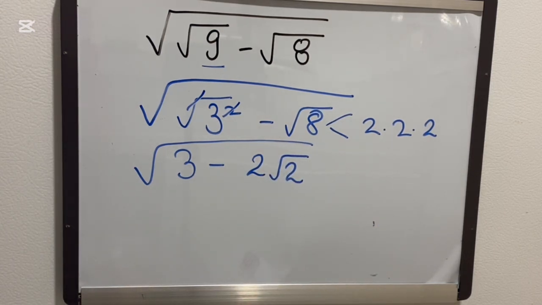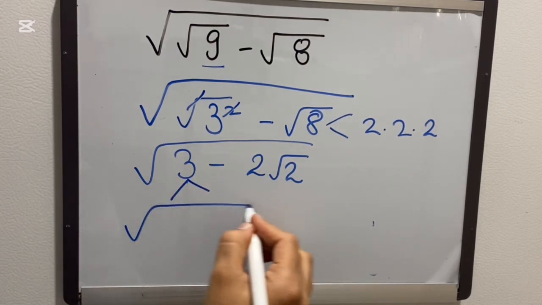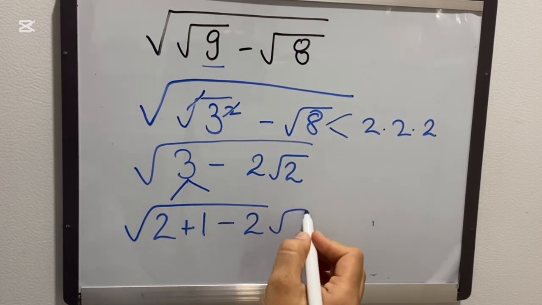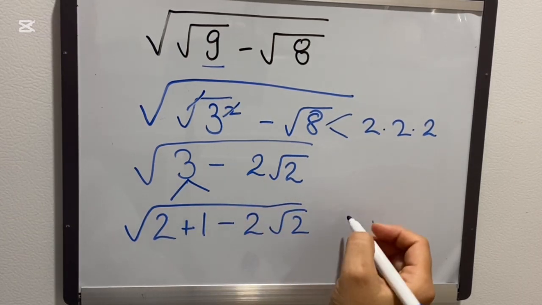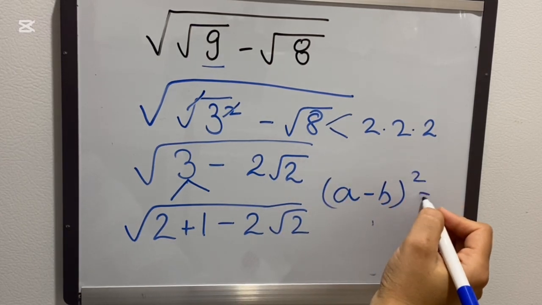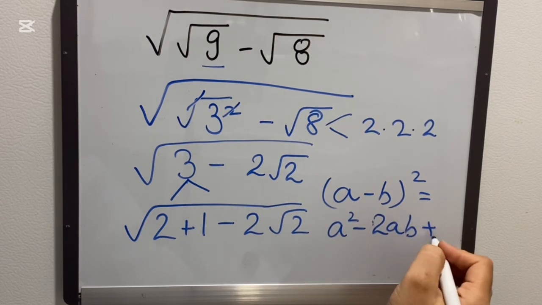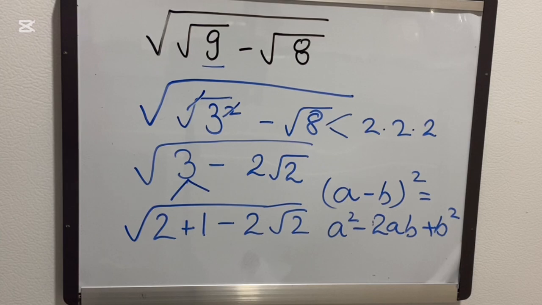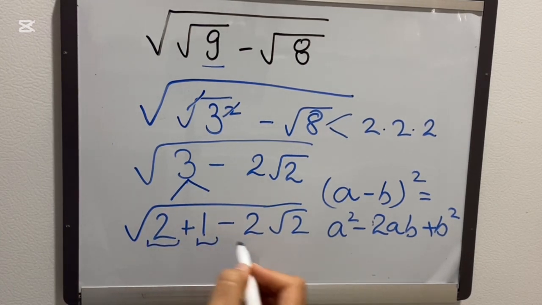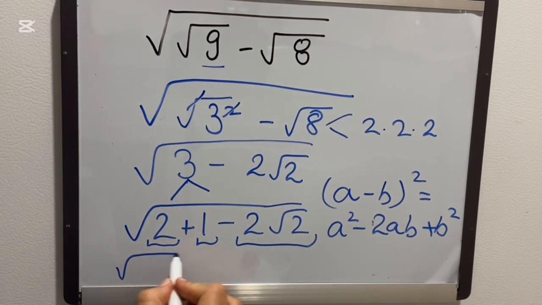So now what we are going to do is split this 3 as 2 plus 1, minus 2 square root of 2. We are going to use here (a minus b) whole square, which is a square minus 2ab plus b square. So this is a, this is b, and this is 2ab. That means